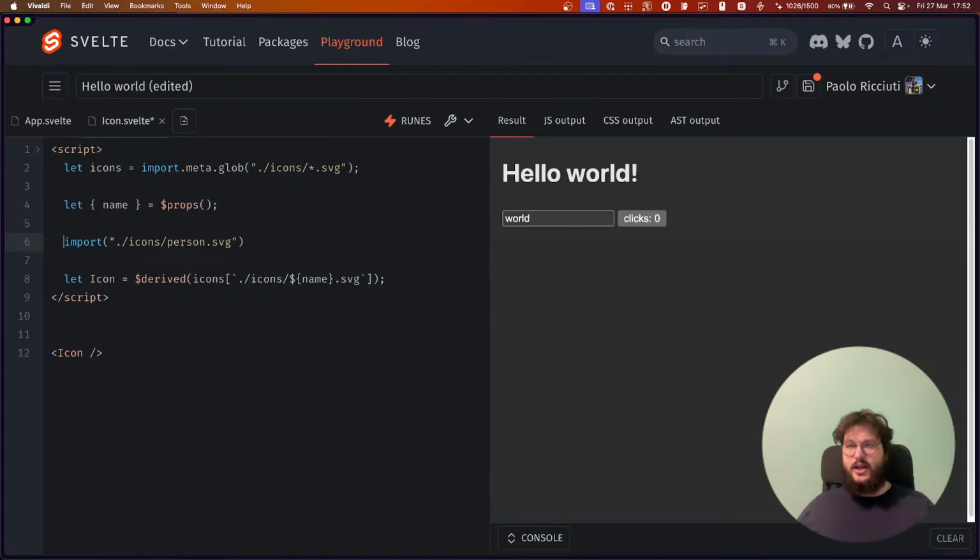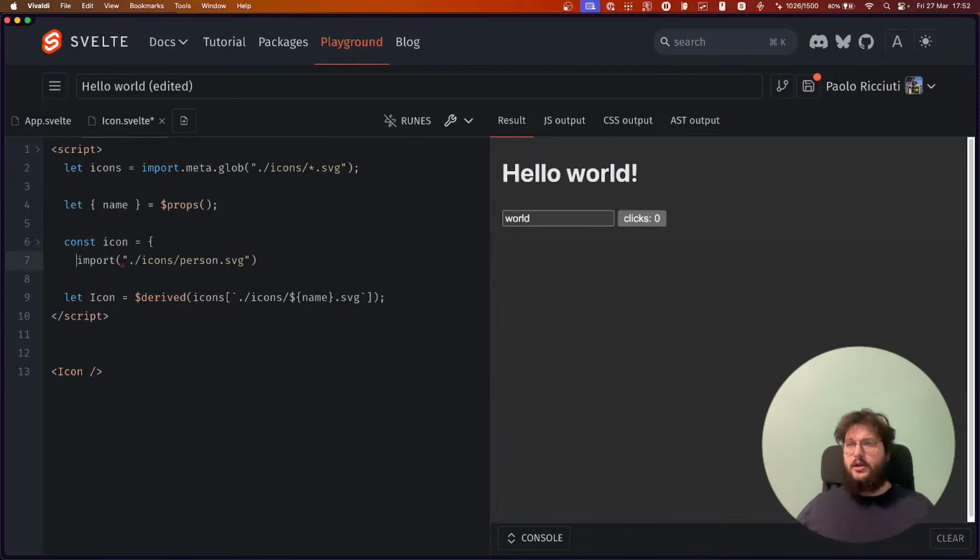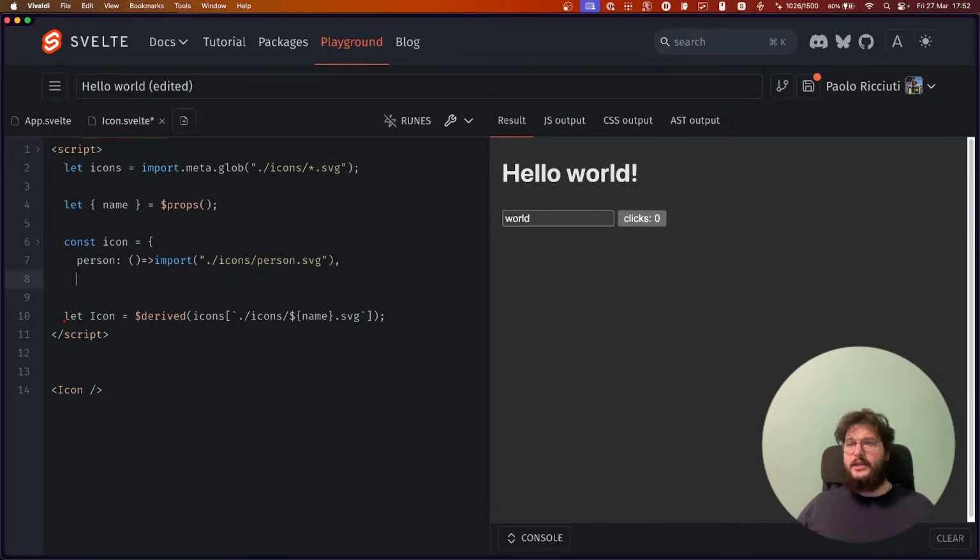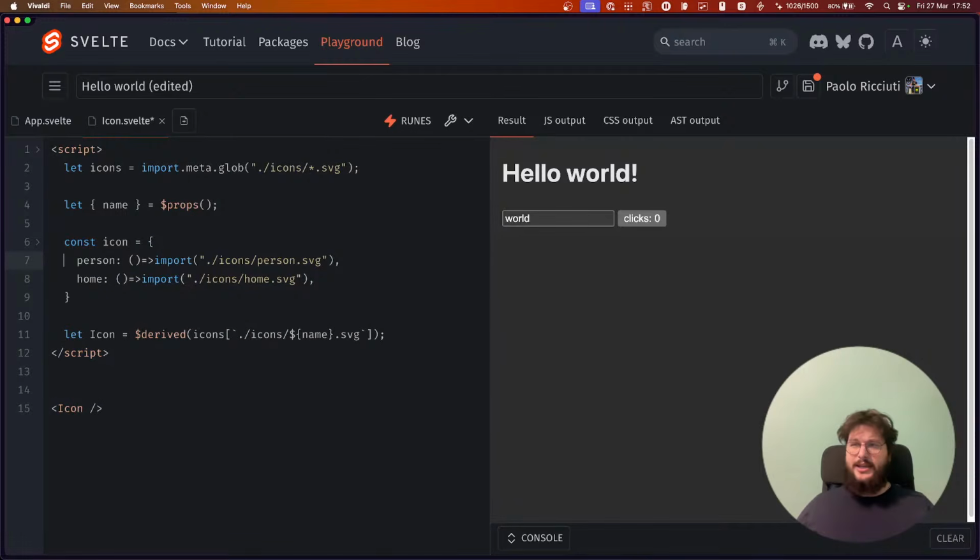So the object that is returned from import.meta.glob looks like this: icons is equal to person is equal to import person, and then home is equal to this.